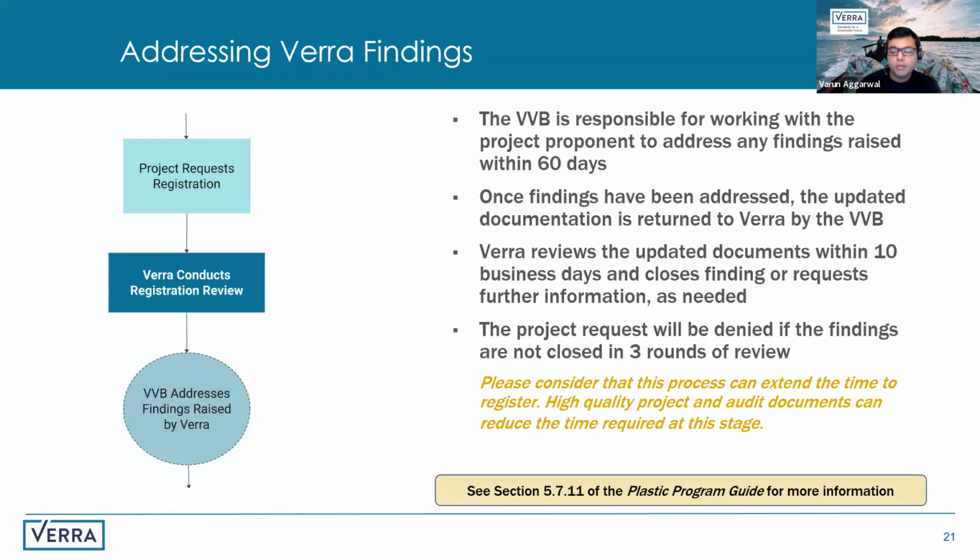Now, once the project review report is shared with the VVB, the VVB is responsible for working with the project proponent to address all the findings raised within 60 days. Once the findings have been addressed, the updated documentation is supposed to be returned to Verra by the VVB. And once that's done, Verra takes around 10 business days to review the updates and close the findings,